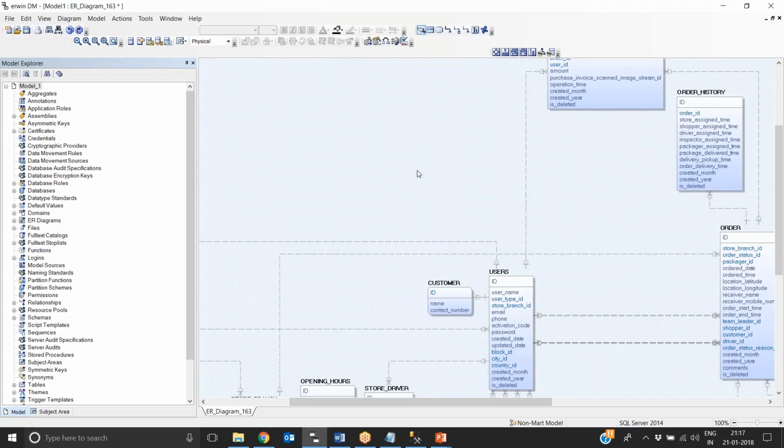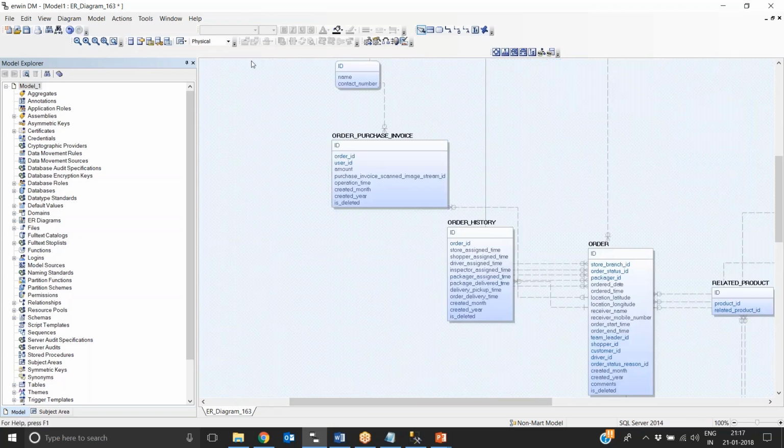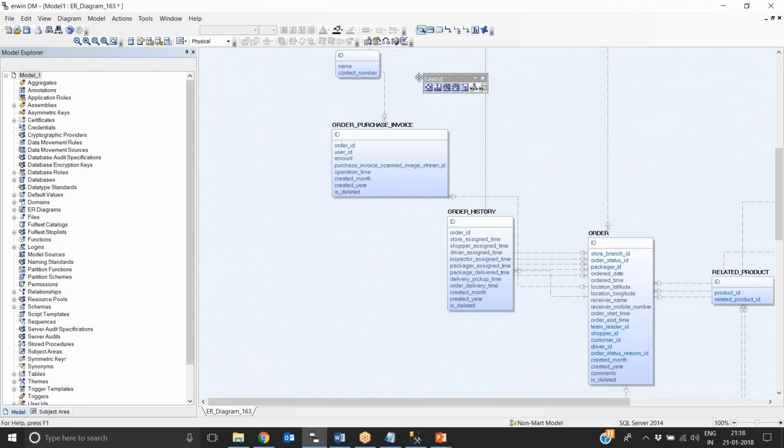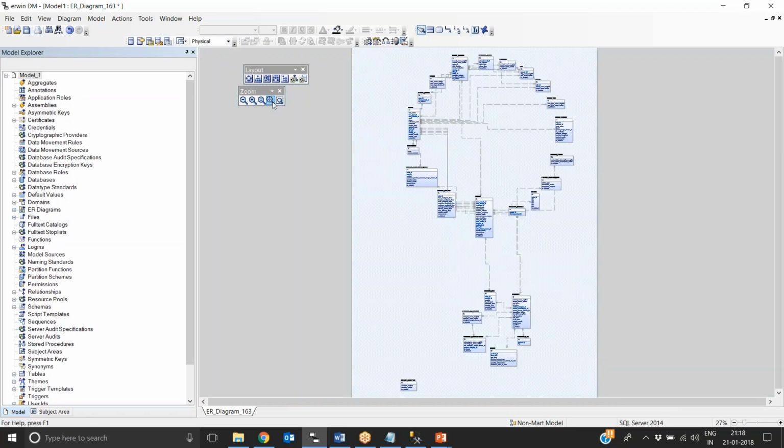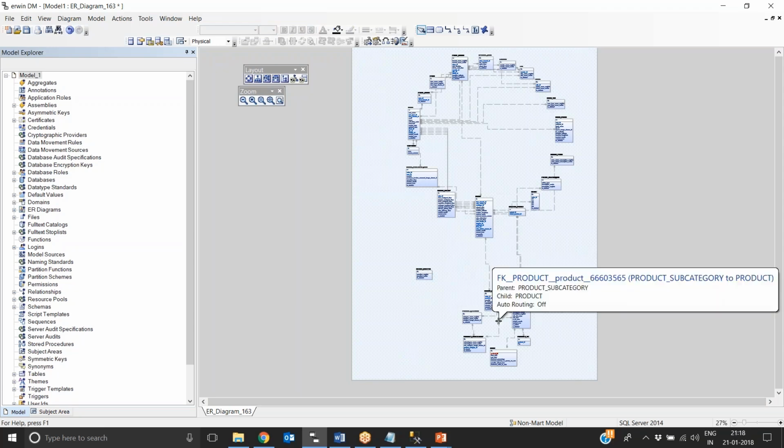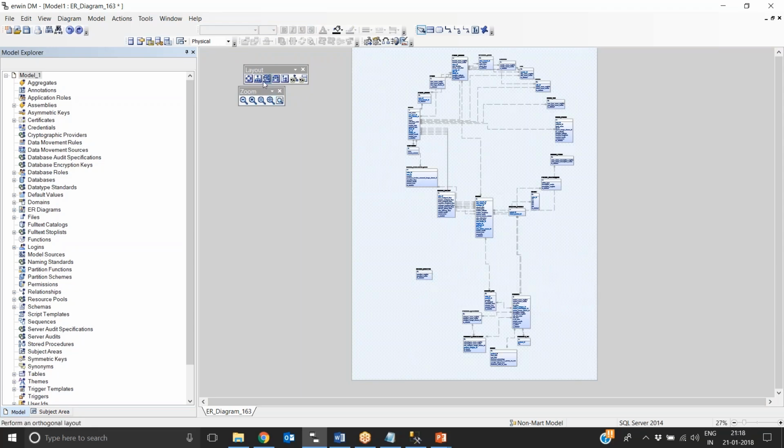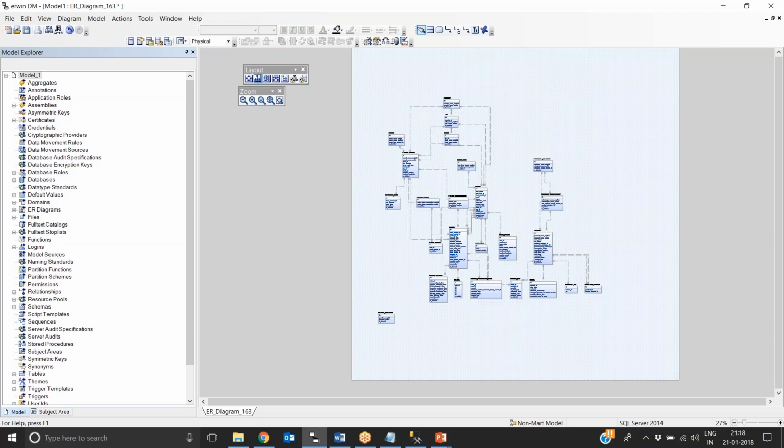Okay, so this is the model, and you can lay it out accordingly. If I use this tool, I can do a layout. This is for setting the corresponding zoom settings. If I click on this, it will show it in the viewport. There is one separate entity and then two clusters of entities. I can just organize it properly, whichever way I want. Let's say I will go for this